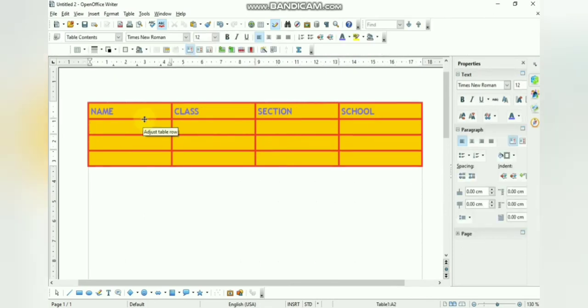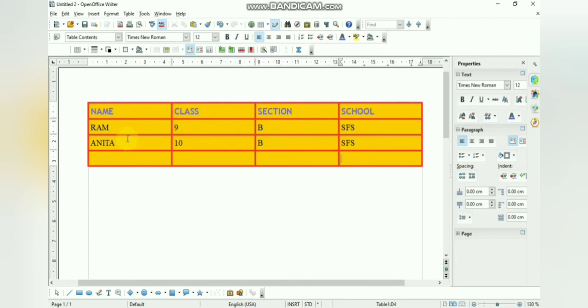You can enter more text over here. Say you want to enter data here, so you can type here Ram. Okay, say class 9, you can give section B. Say let's give the name of the school, our school here. Say Anita, next one, say let's give as class 10. Let's give the section as B. Let's give the name of our school.